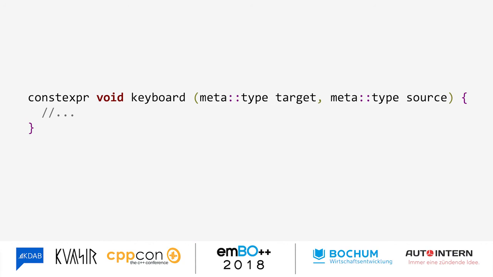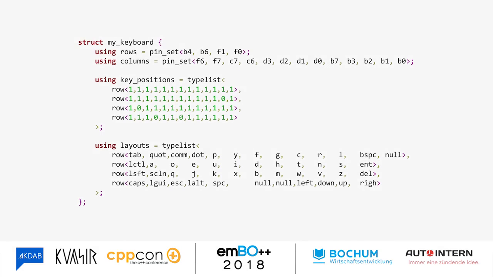And even with just this, we actually get something quite powerful, because this is the description of the keyboard which I showed you earlier. And we're saying that this is a struct called my keyboard. Even just this change, I think, is really powerful, because we're now saying this isn't just some struct which happens to conform to some implicit interface and I've made sure I've done the right thing.